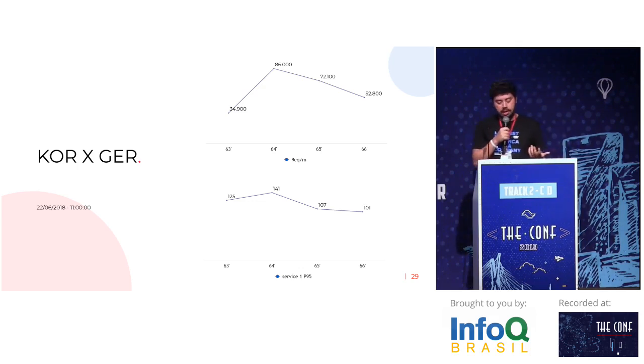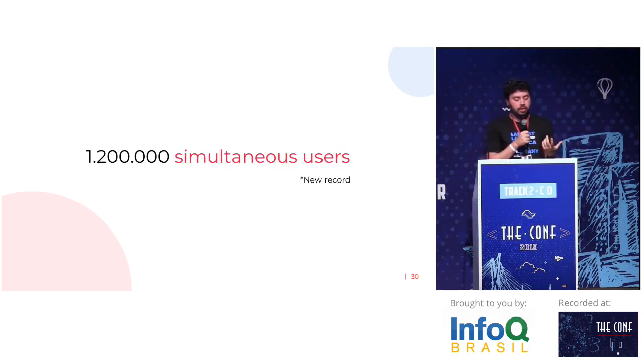So with this work, with our teams working together, we have a lot of teams in the web media platform, we reached 1,200,000 simultaneous users in the World Cup. I think it was the match with Argentina, because Brazilians don't like the Argentina football, soccer team. So this is our new record. We are very proud of this number because our teams work very well.